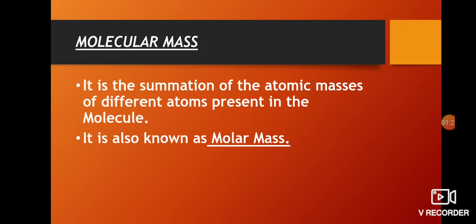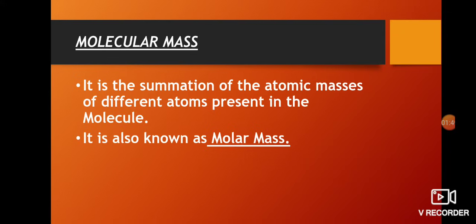We have learnt 1 to 30 elements, their symbols and their atomic masses. And molecular mass is also known as molar mass. One marker question: what is molecular mass also known as? Molar mass. So what is molecular mass? We have to add up all the atomic masses of different atoms present in the molecule, and it is also